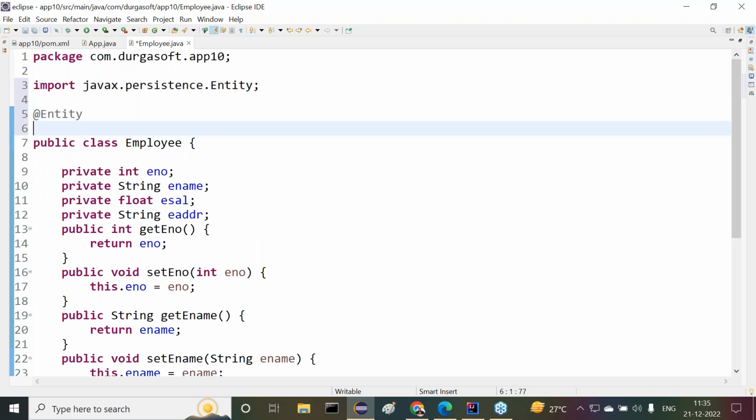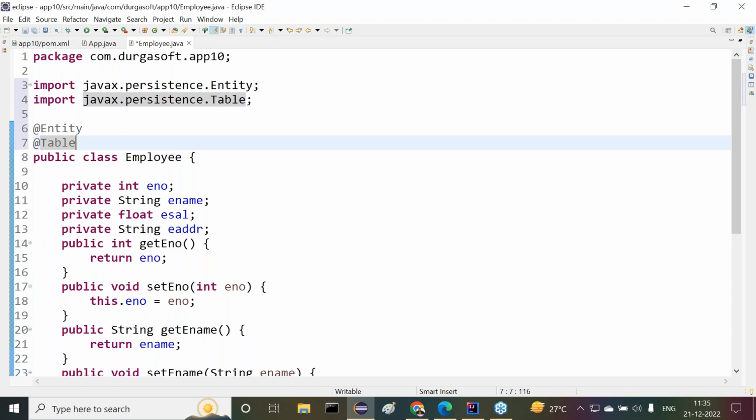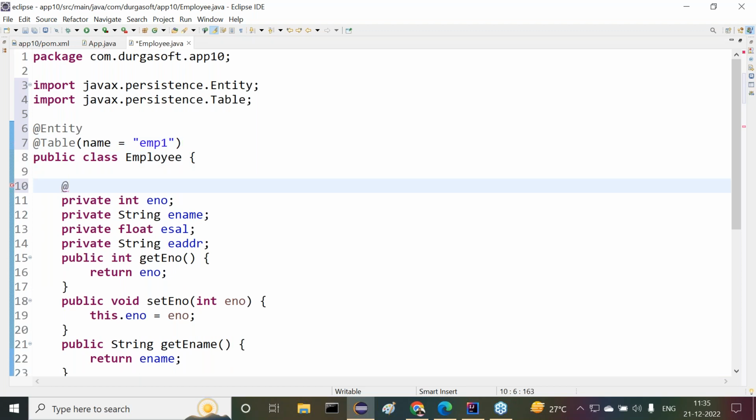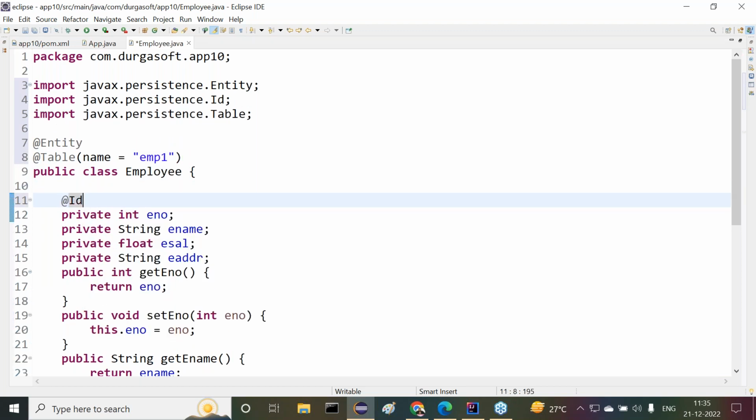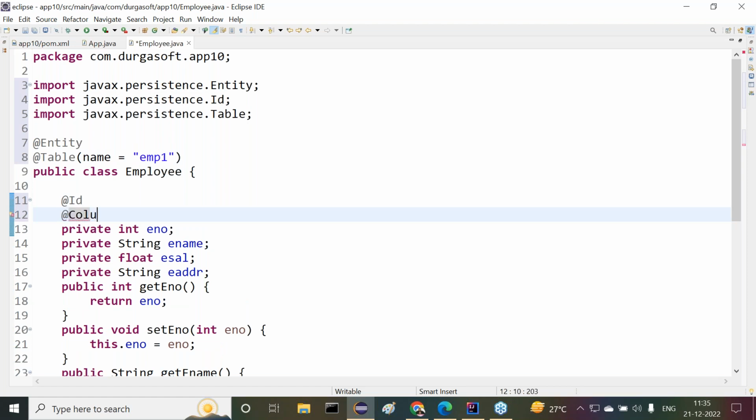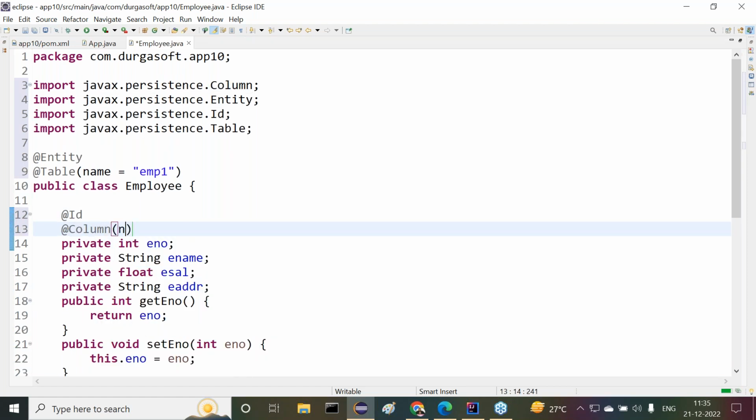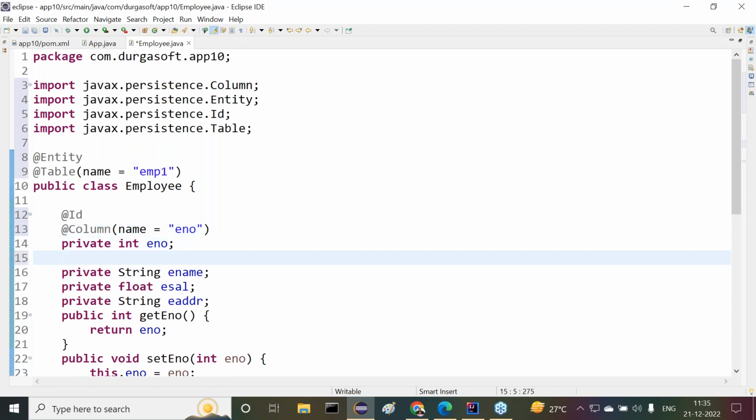Now I want to provide a table. Here we have to provide @Table, where the table name is equal to emp1. Now, this is the primary key column. Here we need to provide @Id, then @Column, where we have to provide name is equal to eno. Then after completion of this particular one,